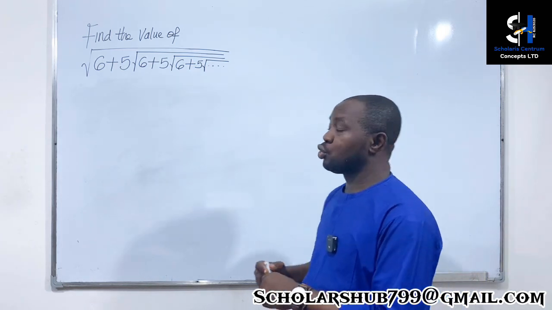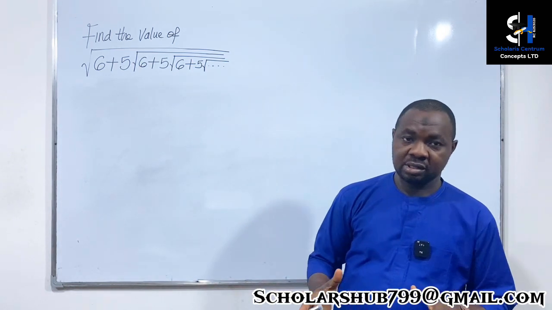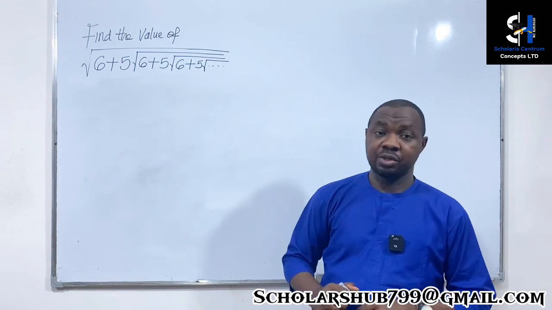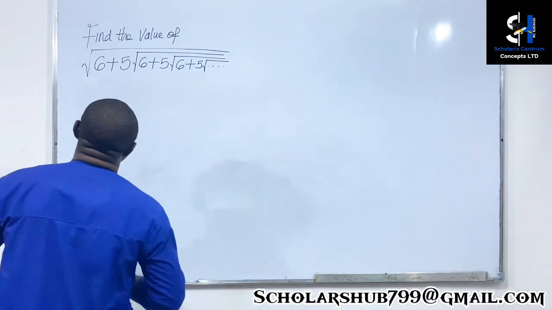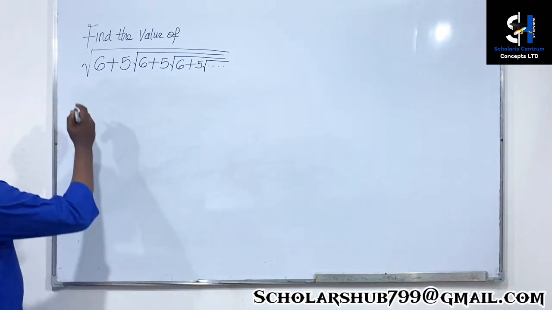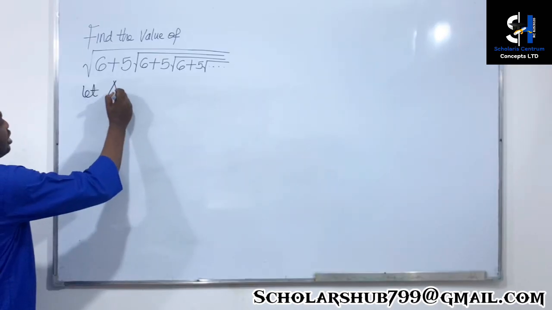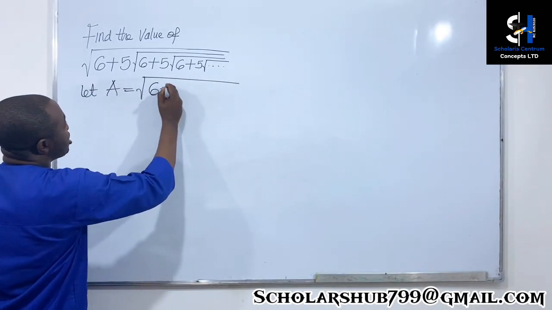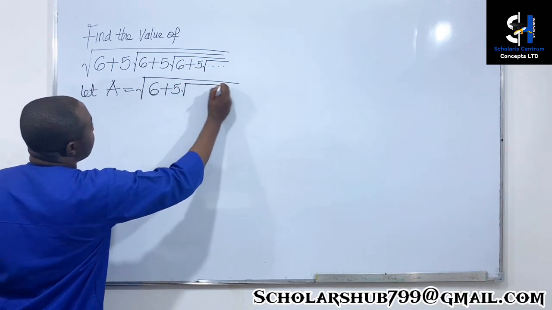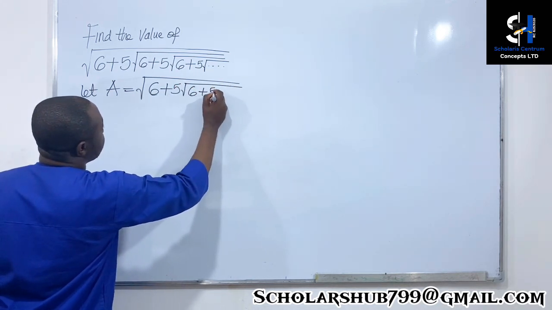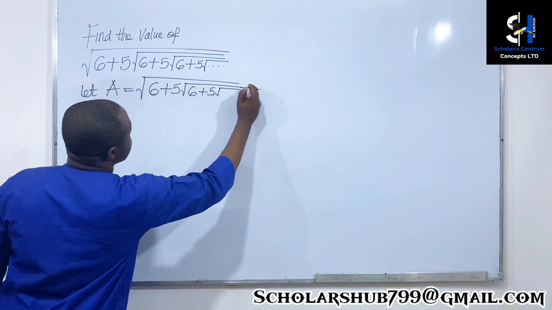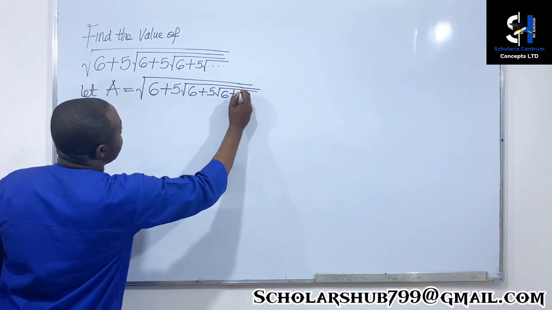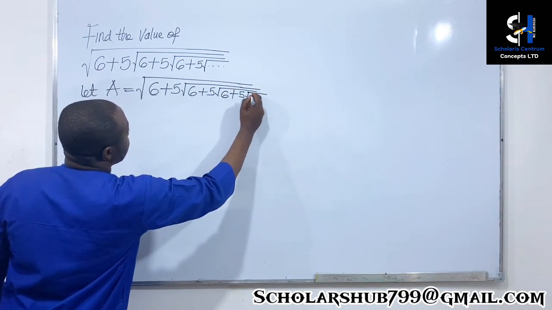All right, so the first thing to do in order for us to obtain the value of this expression is to choose a letter from the alphabet to represent the expression. So what I will do first is to choose a letter. So I can say let A equal radical 6 plus 5, radical 6 plus 5, radical 6 plus 5,